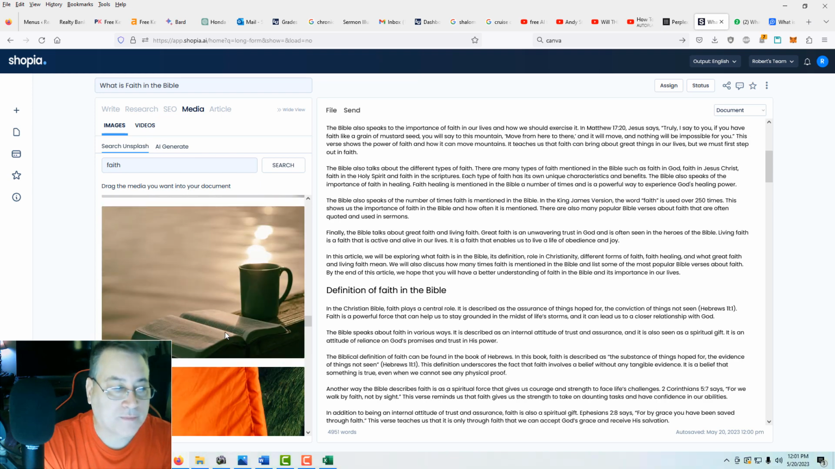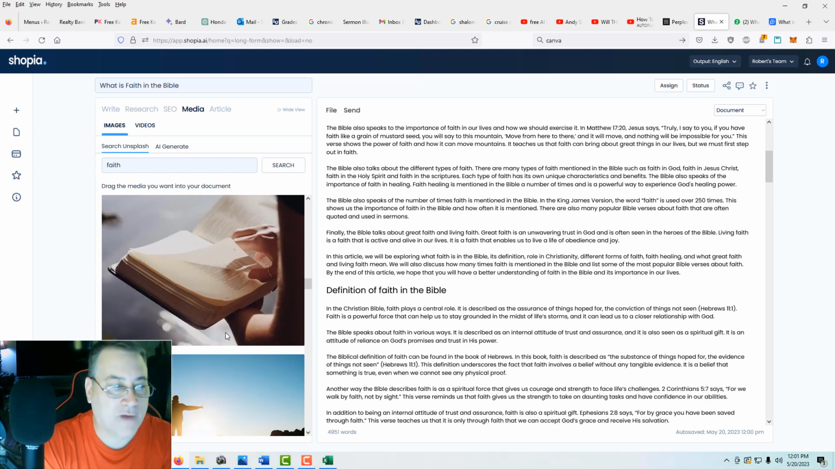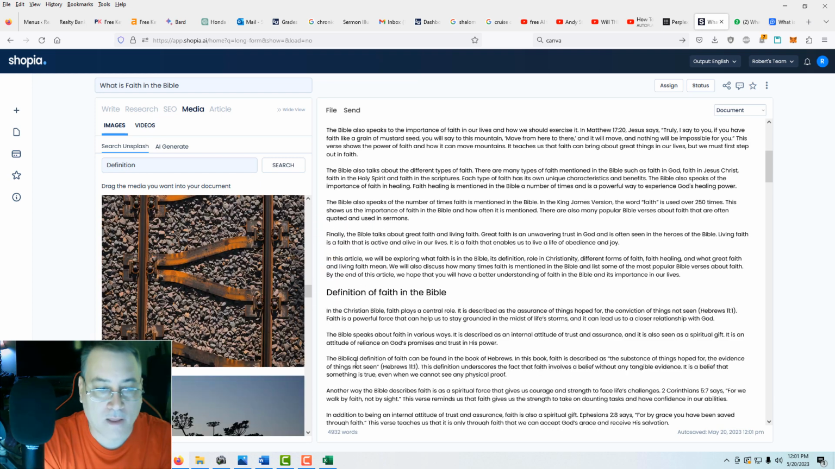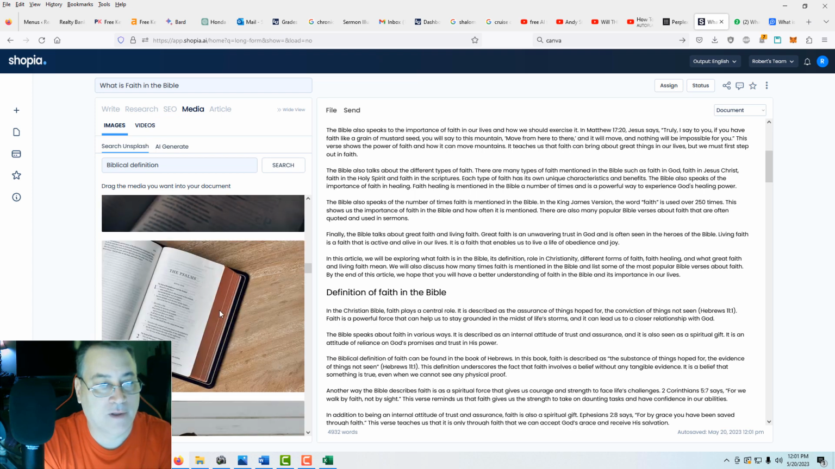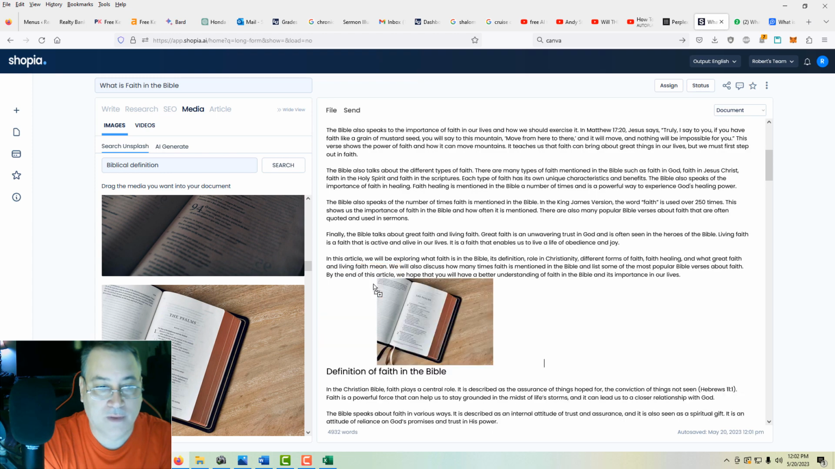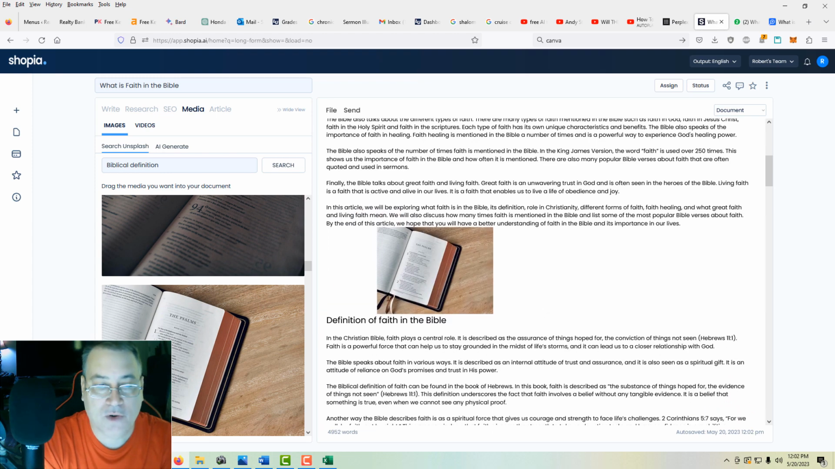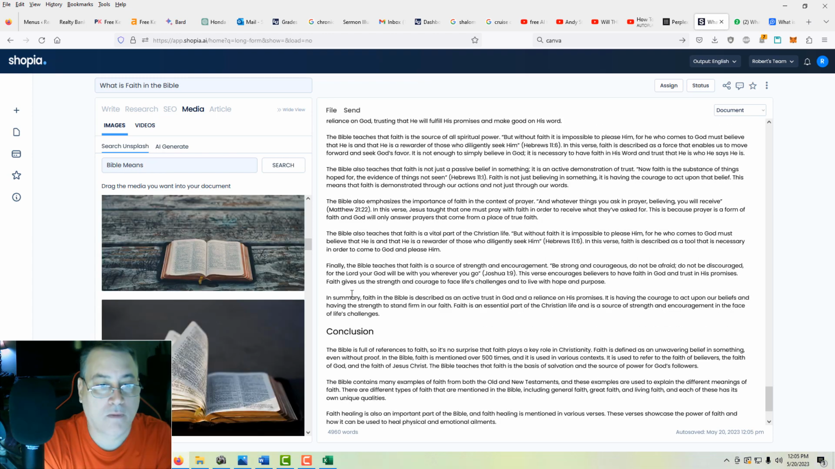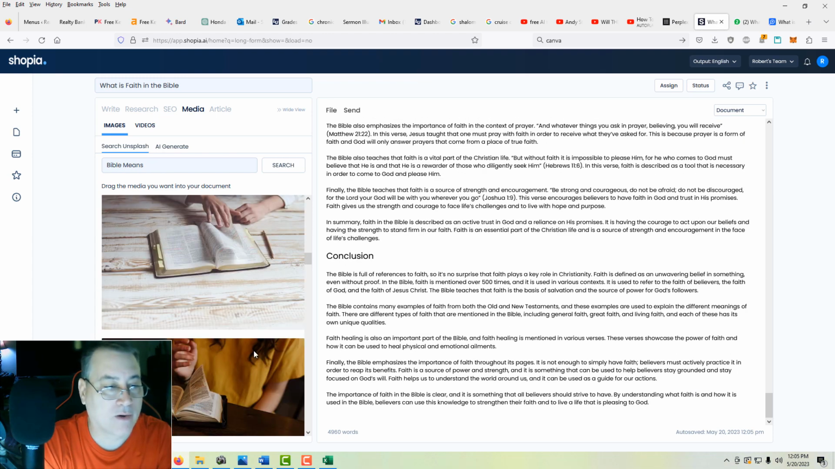Definition of faith, perhaps a good picture of something biblical here. Biblical definition, that might give us a better output. Let's search and see if that comes up with anything. There's a nice one. Let's pull this over and see, when we do a search, we get better results. And for our conclusion,